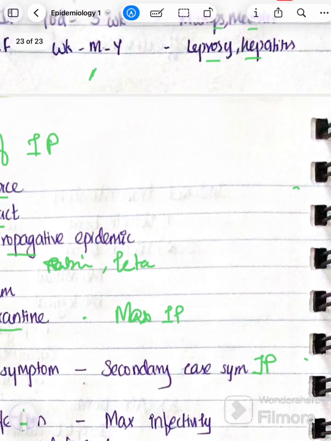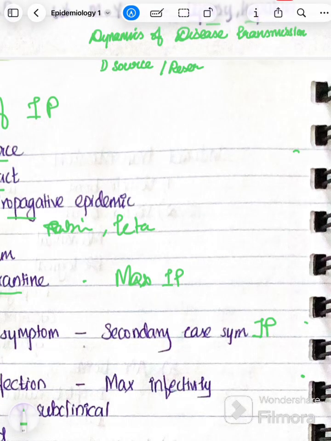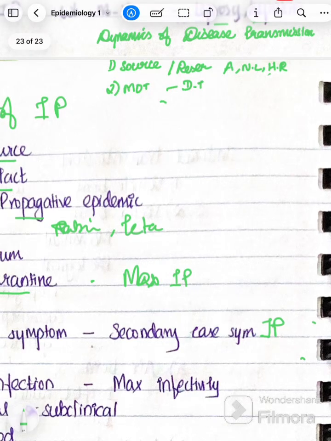We have studied the dynamics of disease transmission. There are 3 chains in that. One is the source or reservoir. It can be an animal reservoir, non-living reservoir, or human reservoir. The human reservoir can be cases or carriers. We have studied the mode of transmission, in that direct transmission and indirect transmission. And the third one, the susceptible host, under which we have studied successful parasitism, serial interval, incubation period,